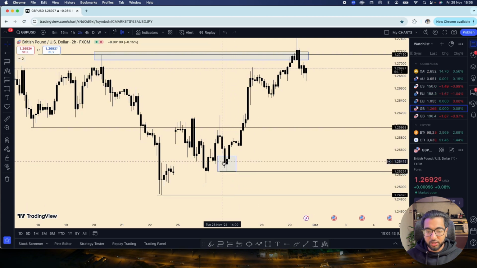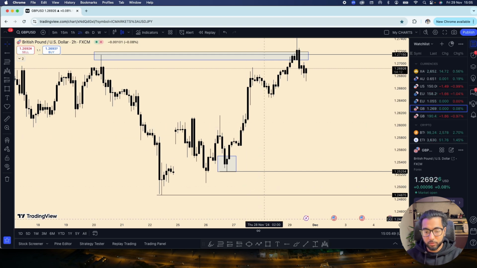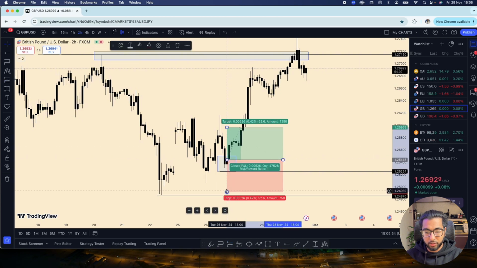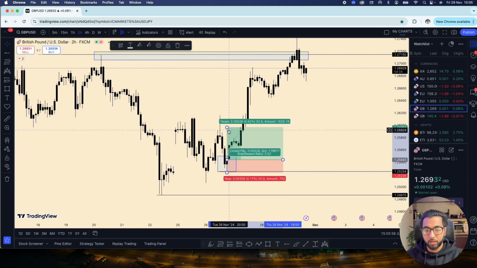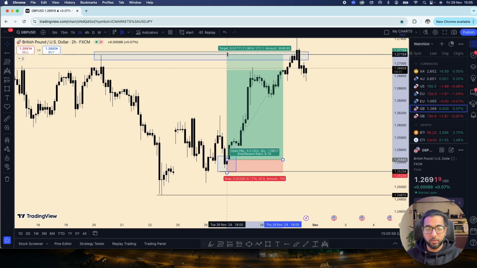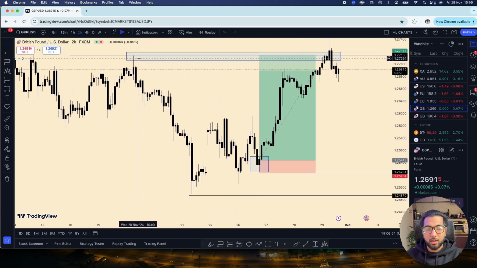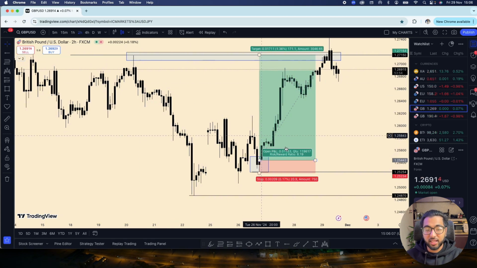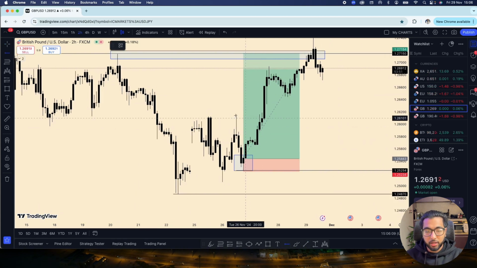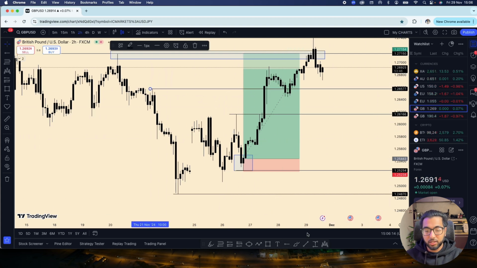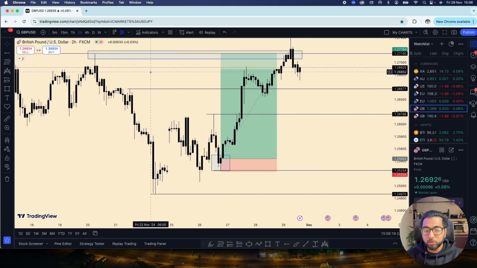Then once you found your entry, you then hold it. Where are we holding to? Well, you can see, let's say we do a long position here, stop loss just below the liquidity sweep, and then all the way targeting where? These bloody highs. Why? Because price is going to go back. Price is a magnet. And if you guys are scared, you can have TP1 here at this high. TP2 where? At this high. TP3 where? At that high. Why? Because that's how the market moves. That's where it's going to go.